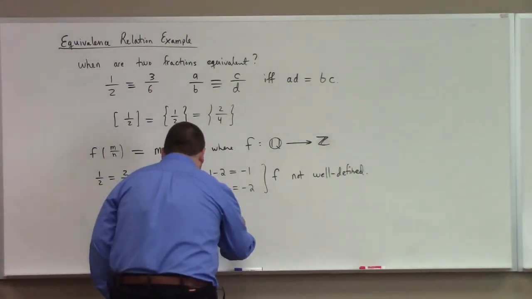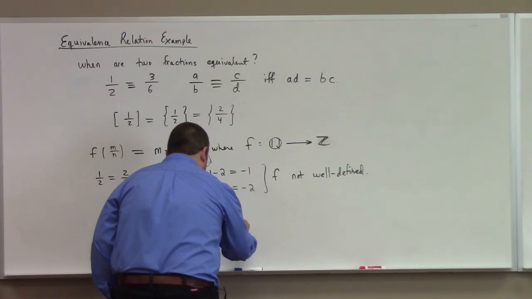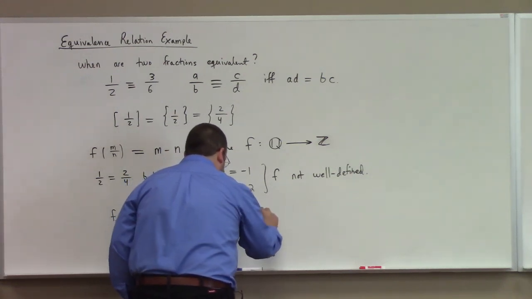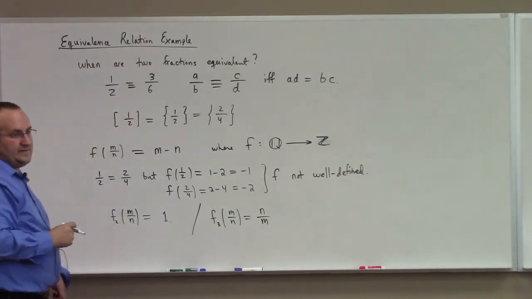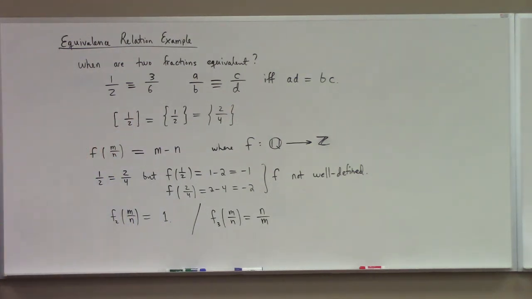If I had f3 of m over n, I could define it to be, say, n over m. That's going to be a function. So there's a nice homework problem which asks you about a few different formulas defined in terms of rational numbers. Is it a function or not? Rational number,